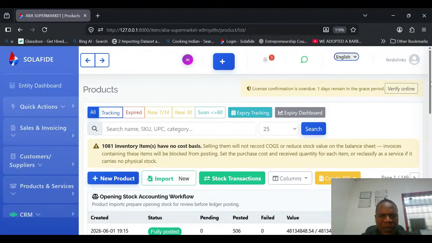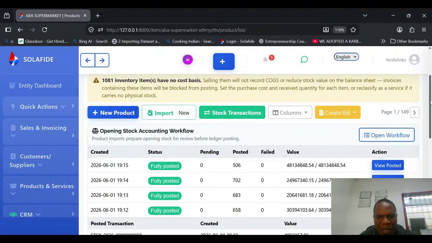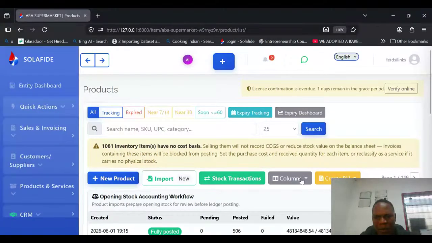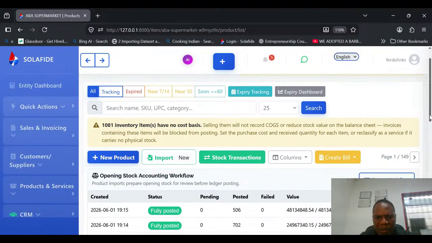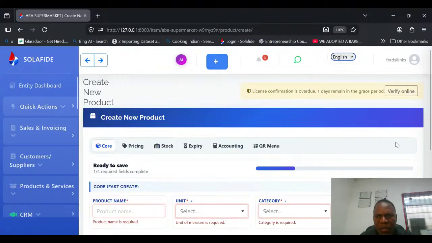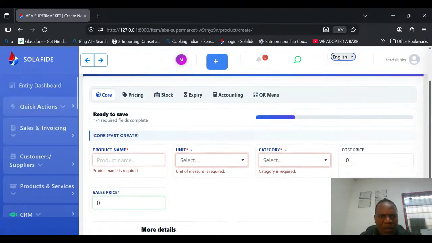Now, if you look at this interface, there are a lot of things you need to take note of. First, you can import. I can create a new product, I can import stock transactions, and I can create a bill. So there's a lot that you can do just in this interface. If I'm to create a new product, I just click create a new product. Maybe I want to say sugar,